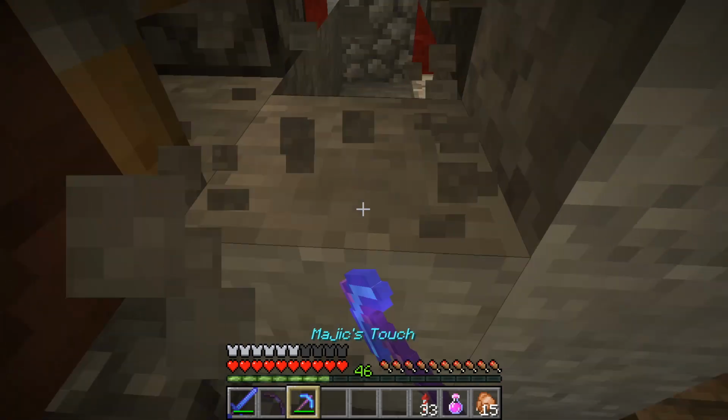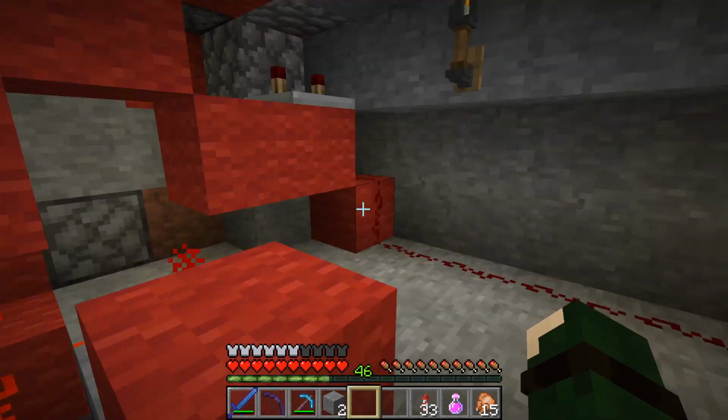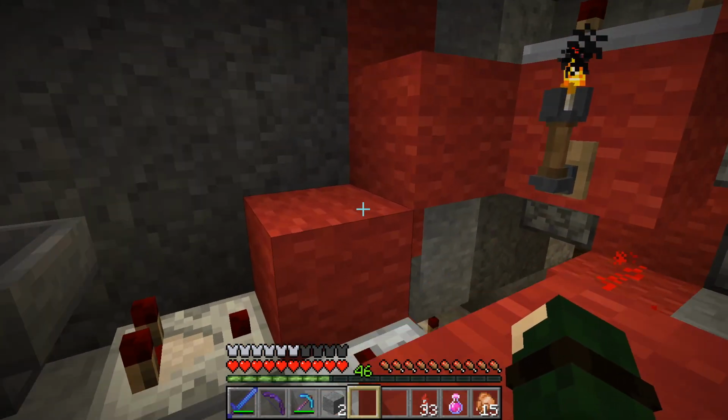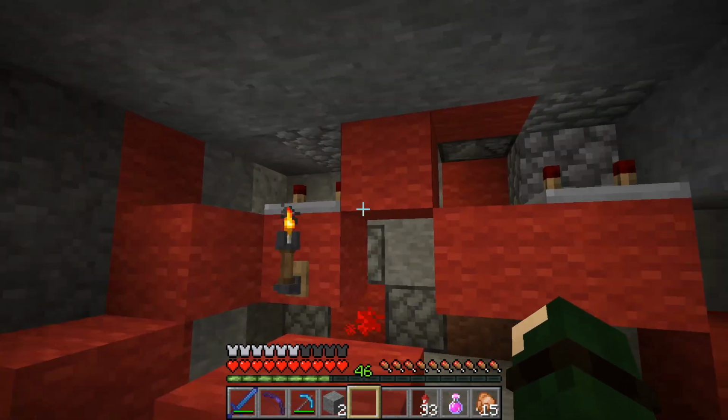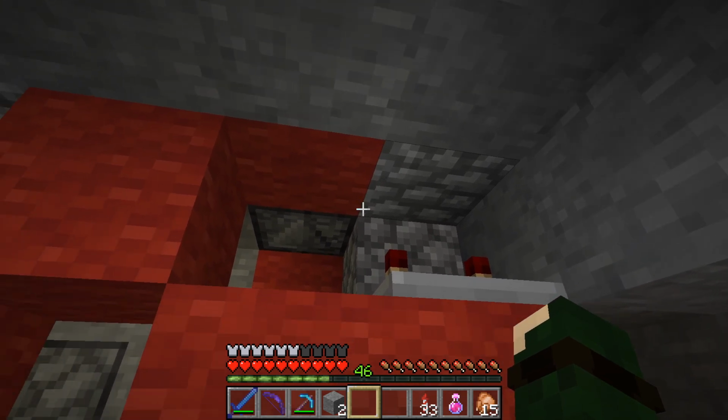So let's go in here into our secret back room, and we can see the wiring. It's actually not that complicated. It looks a little complicated, but that's just because we have a button from the inside of the base leading into the, there's an observer right there. That's literally the same thing we just built.